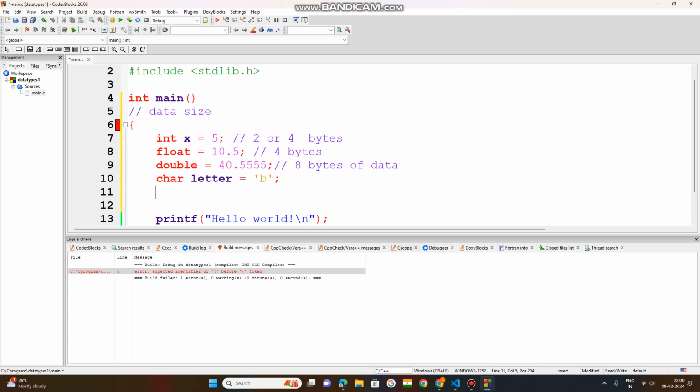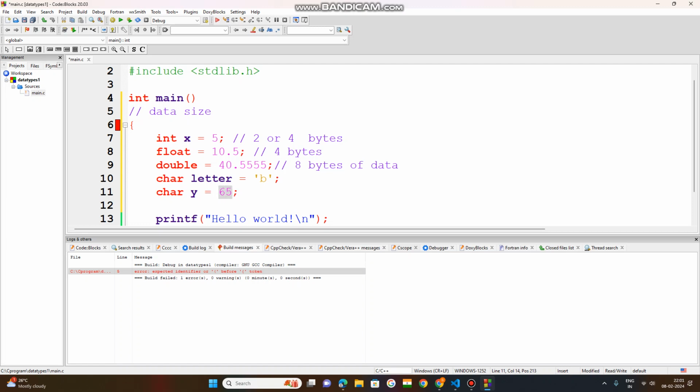You can also, suppose, char y is a variable which stores 65. It is the ASCII value